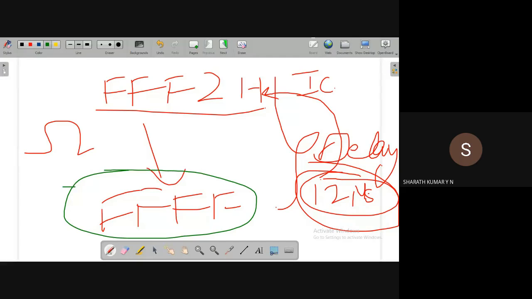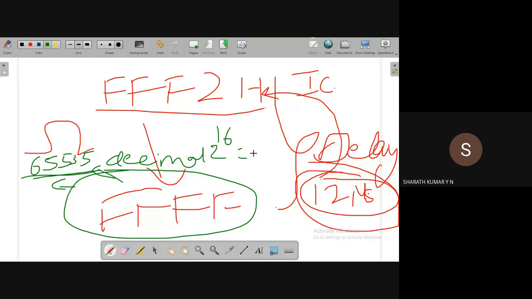Why plus 1? When the counter reaches the final count of FFFFH, if you convert this to its decimal equivalent, it is 65,535. But since the timer is a 16-bit timer, 2 power 16 corresponds to 65,536.